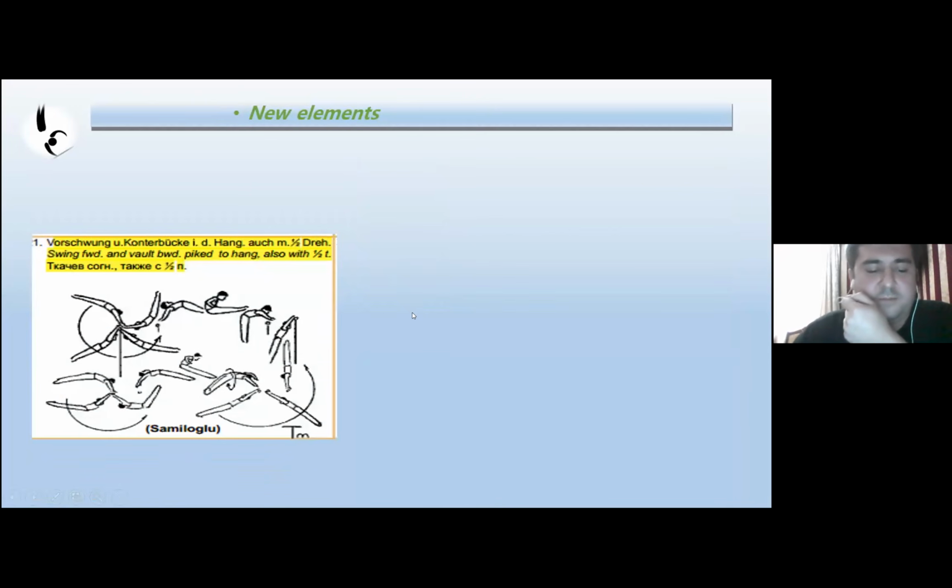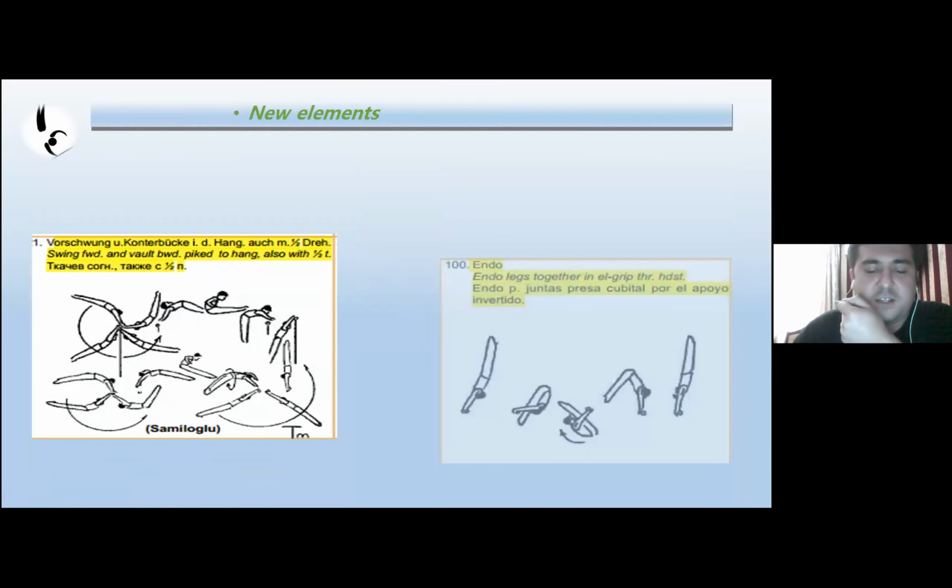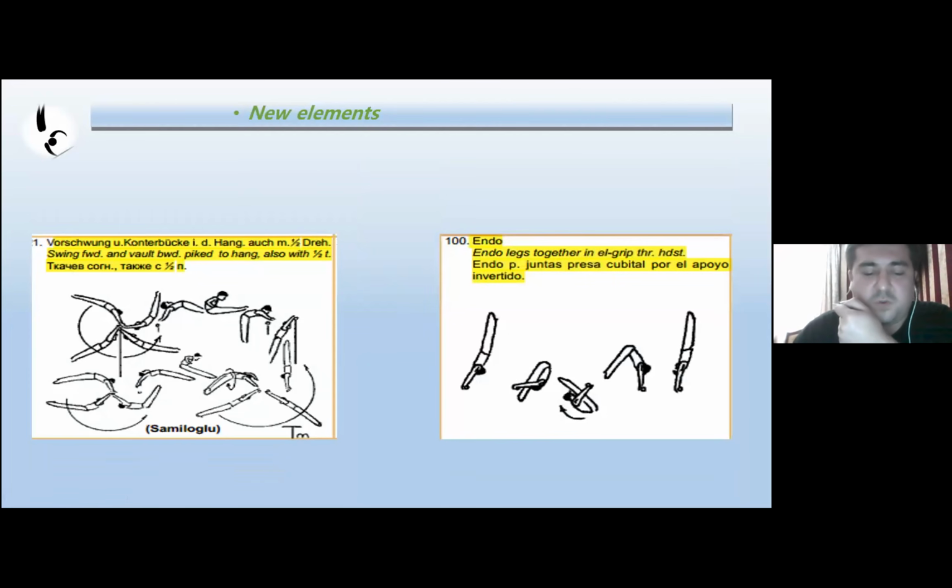Next element is Tkachev pike, value C. In the last cycle, this element was in the same box with Tkachev straight, now it is different. Next element, the Endo legs together, is value D. This element.